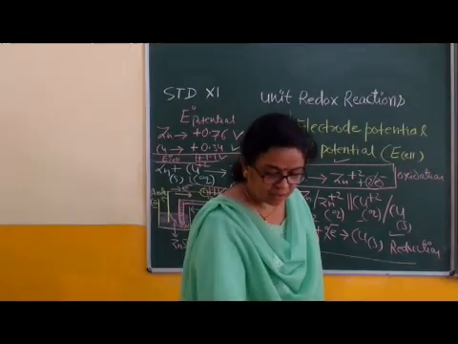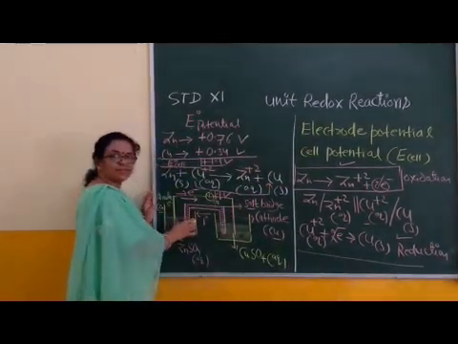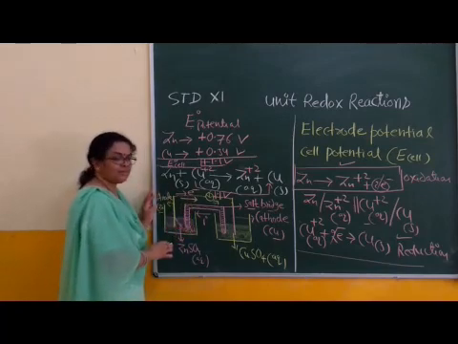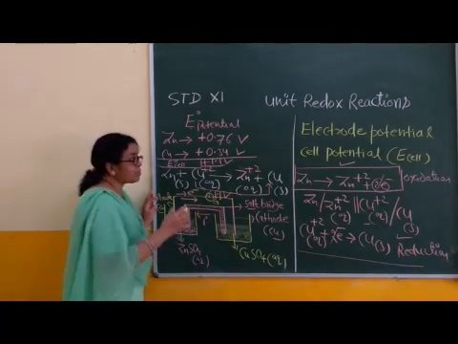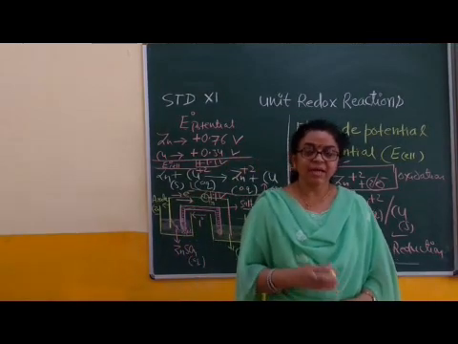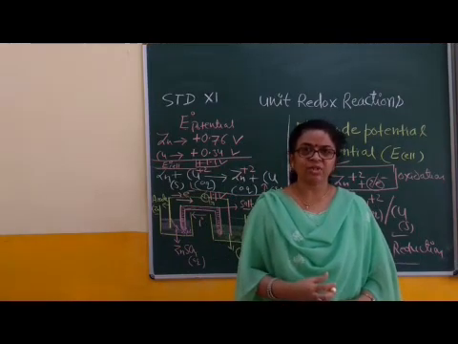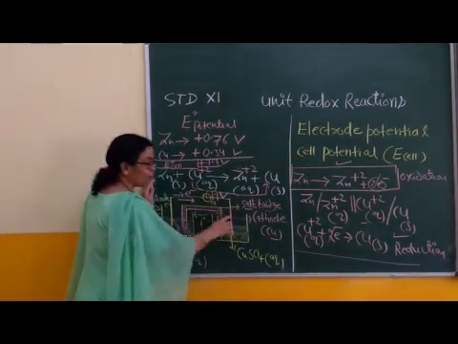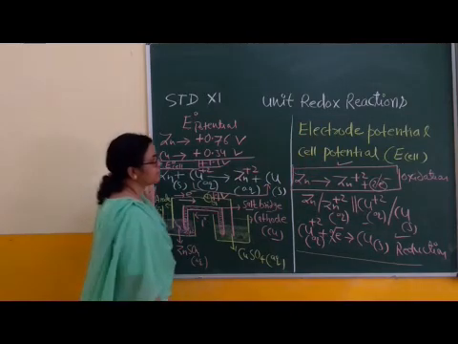Right? Now, this efficiency depends upon the selection of electrodes. When lithium is selected for construction of the anode and silver for construction of the cathode, then the cell efficiency is different, because the electrode potential of lithium is not equal to zinc, and the electrode potential of silver is not equal to the copper electrode potential. Right? So this efficiency depends upon the selection of metals for the construction of anode and cathode.